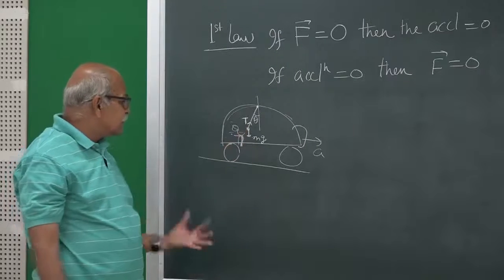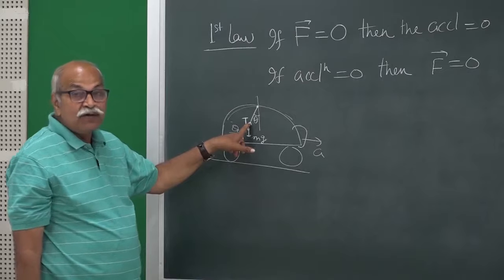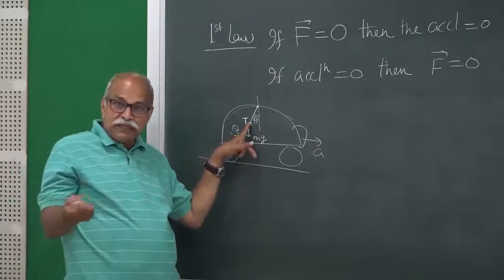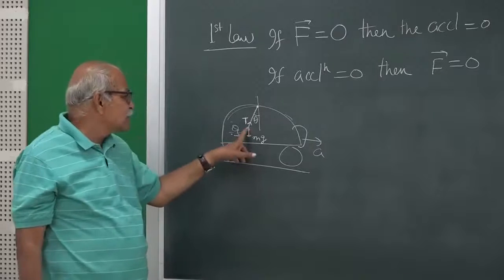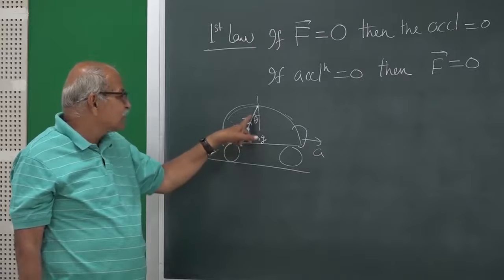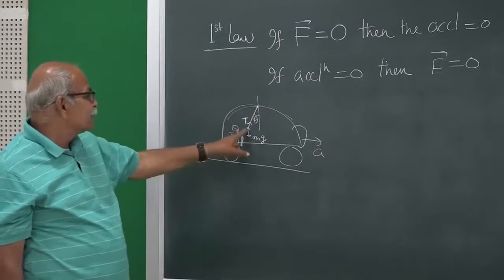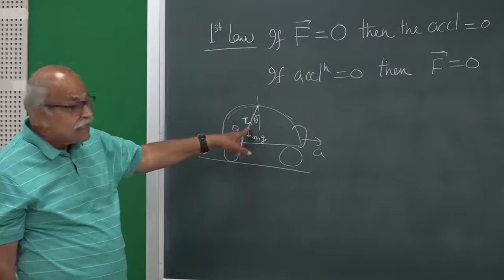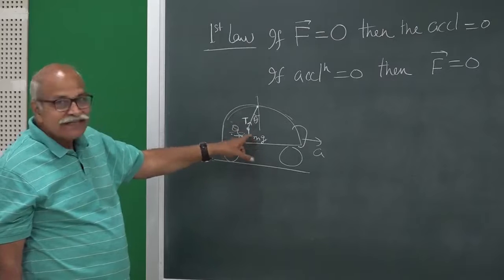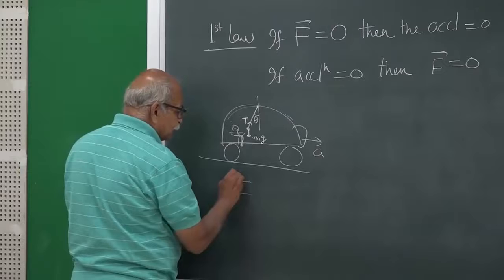And then other than the earth, the only thing in contact is this string, and string always exerts force along its length. String always pulls, and therefore the force on this bob by the string is in this particular direction along the string. There is no other object which exerts force on this, and these two forces are not equal and opposite, and they will not add to 0. So you have a net force, force is not 0,